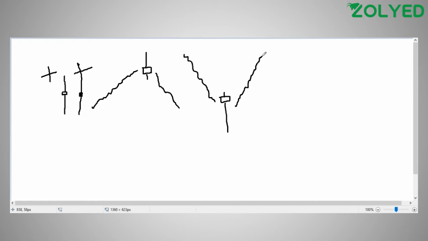Okay, this is the basic concept of a hammer as well as a shooting star. But now you need to understand what a doji basically is. Suppose, friends, let me give you a very short example. A stock starts at 100, and the market goes up to